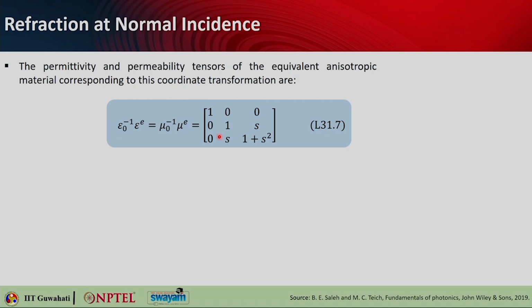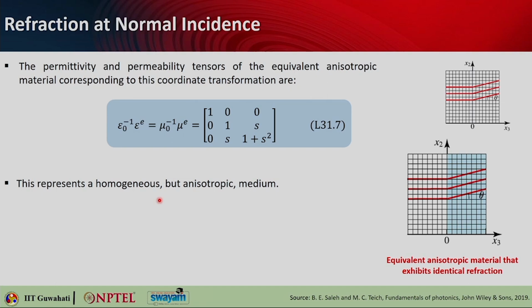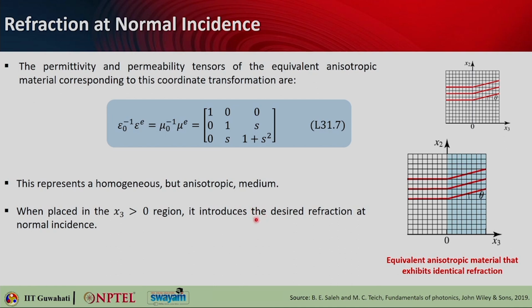So that is the equation. Once you do it, you will get only the diagonal elements. They are 1 1, no, here you get also some off diagonal elements. So you get 1 0 0, 0 1 s, 0 s 1 plus s square. So this represents a homogeneous but anisotropic medium. So once you are able to replace this new material which is in blue color, with this which will have this kind of property, then you can go back to the previous coordinate system,